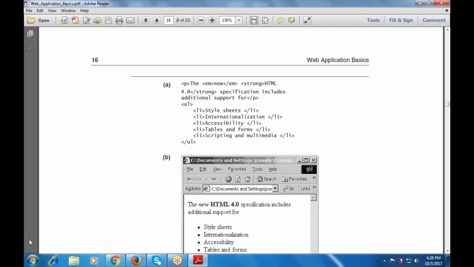Then UL for the unordered list, that means it is given in bullets. LI style sheets, then LI internationalization, LI will be closed. LI accessibility, LI will be closed. Again next LI tables and fonts, LI will be closed. The next LI scripting and multimedia, LI will be closed. After that the UL will be closed. So one UL and 5 LIs. 5 LIs means there are 5 dots, 5 bullets formed, 5 points that will be carried out within